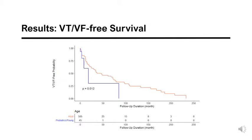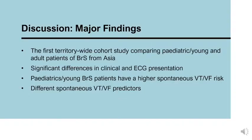This is the first territory-wide cohort study, to the best of our knowledge, comparing pediatric or young and adult patients of Brugada syndrome in Asia. There are several major findings of the present study. First of all, there are significant differences in clinical and electrocardiographic presentation amongst adult and pediatric Brugada patients. Secondly, pediatric or young Brugada patients have a higher risk for spontaneous ventricular tachyarrhythmia. And thirdly, different predictors towards spontaneous ventricular tachyarrhythmia were found between adult and